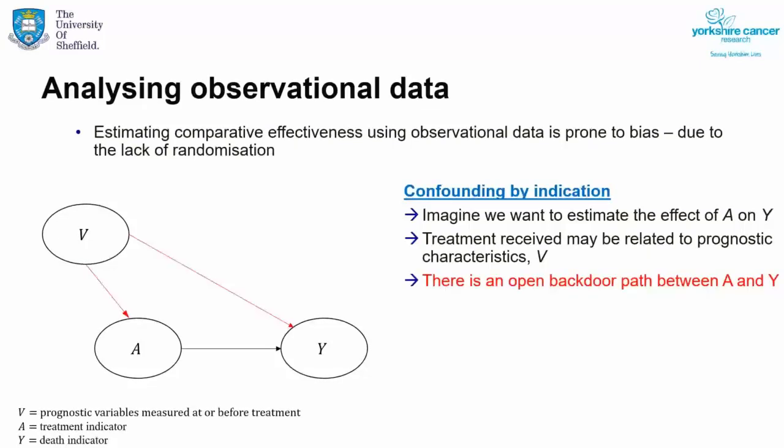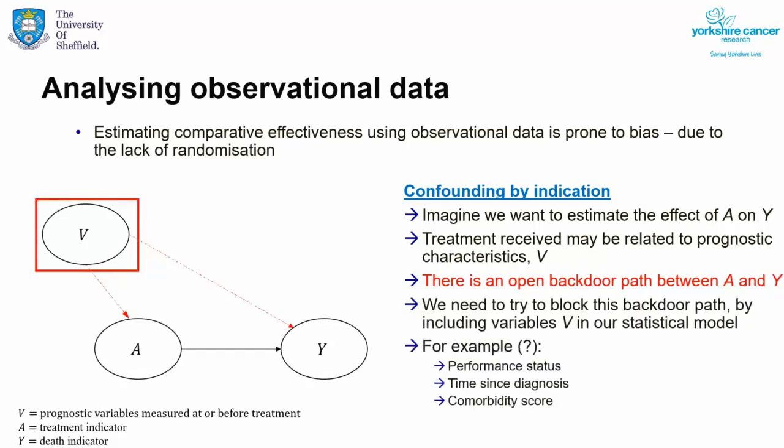So in the language of causal inference, this means that there's an open backdoor path between treatment A and outcome Y because the prognostic characteristics V influence both A and Y. So V is our confounding variables. If we want to estimate the effect of A on Y, we need to block that backdoor path by including the variables V in our statistical model. This is fine, we can do that as long as all the important V variables are included in our data